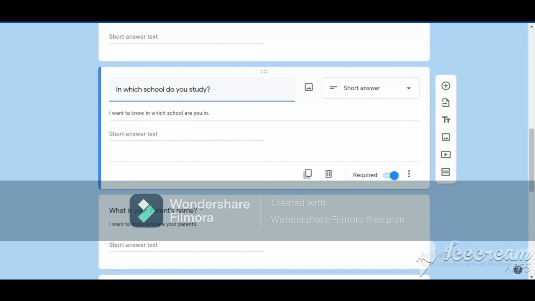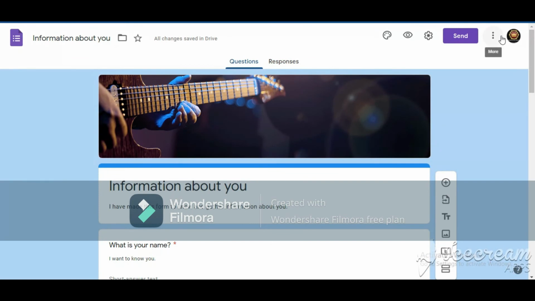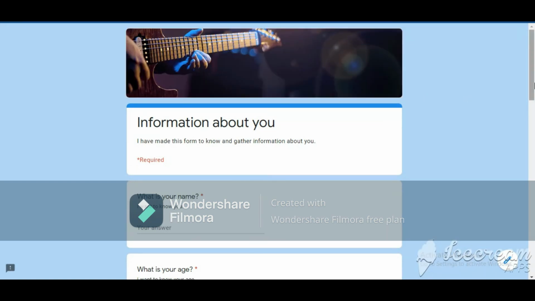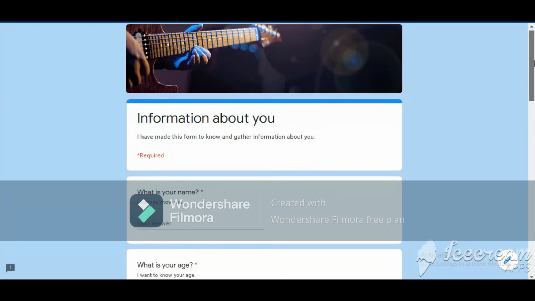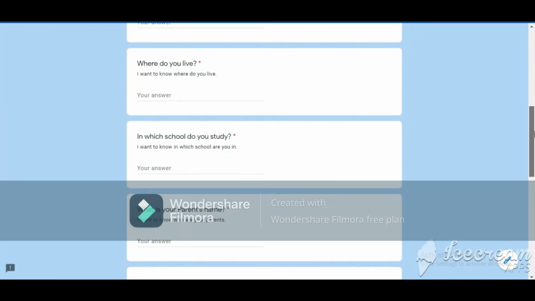So if you want to know how it looks, is it good to make or is it good to send to the person, is it correct, all these doubts might come in your mind. So to clarify all the doubts, there is one option, that is the preview option. If you click on the preview option, another tab will be opened showing the form that you have made. In this, it shows like you are the person and how you are going to answer. So you can view my form, right? So the form looks like this, as I said before.